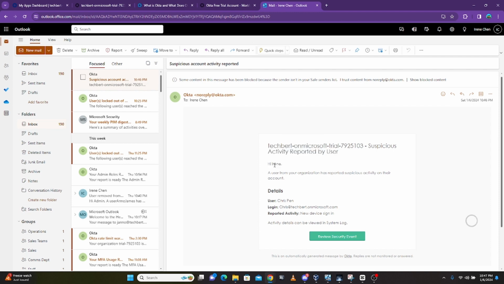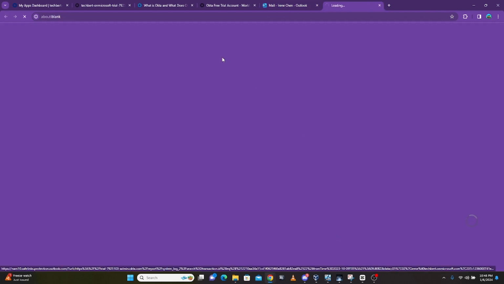Here, this is an email that's been created by Okta. It says a user from your organization has reported a suspicious activity on their account. The name of the user will be Chris Penn. The login credentials will be here, and the reported activity is new device signing. Activity details can be viewed in the system log. So when you click on review security event, it is going to take you straight to